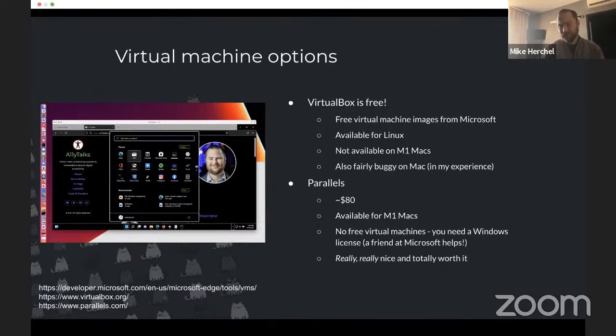So hopefully y'all are using virtual machines if you're front-end developers to test things out, right? VirtualBox is a free option, but it doesn't work on the new Macs, and Oracle, who owns VirtualBox, says it never will. It's also pretty buggy. When I got a new Mac, I bought Parallels, and I was kind of bummed I had to pay about $80 US for that. But I love it. It's really good. It's way less buggy than VirtualBox. It works. It's fast.